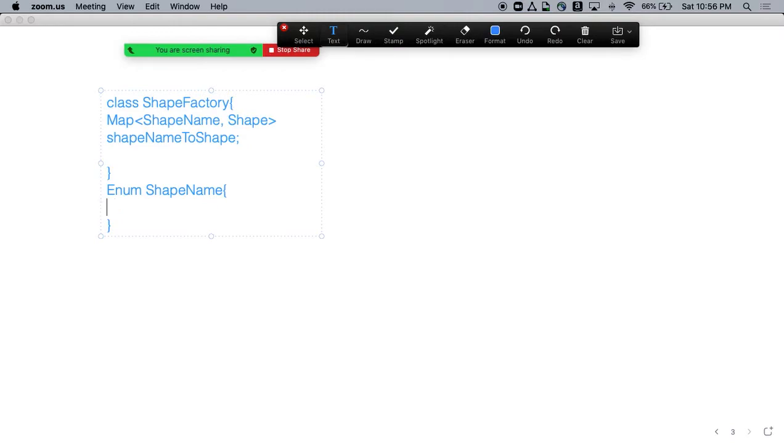For example, it will be Rectangle, Triangle, Hexagon, Circle, right? And then we will create a public ShapeFactory, and then the map.